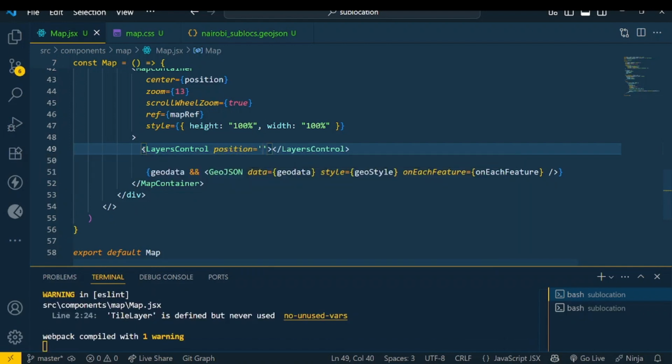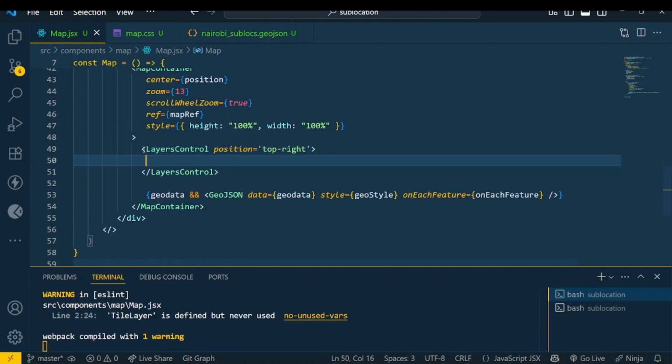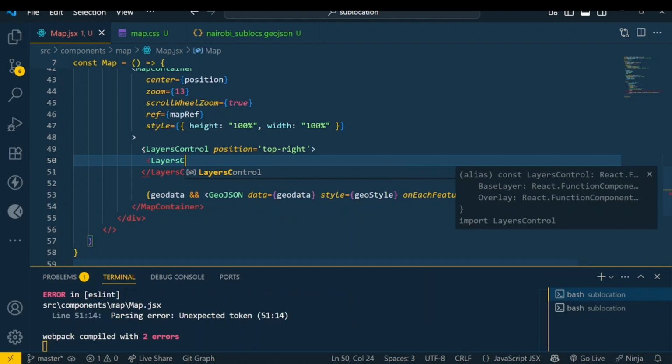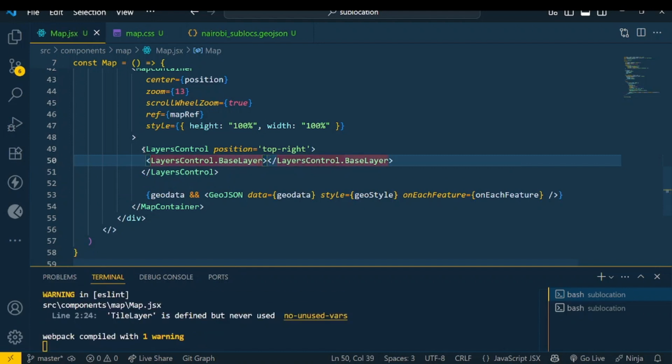The position is going to be top-right. Then inside our LayersControl, we shall have our layers: LayersControl.BaseLayer. Then we close that, and the base layer will have a name, and we can say Esri